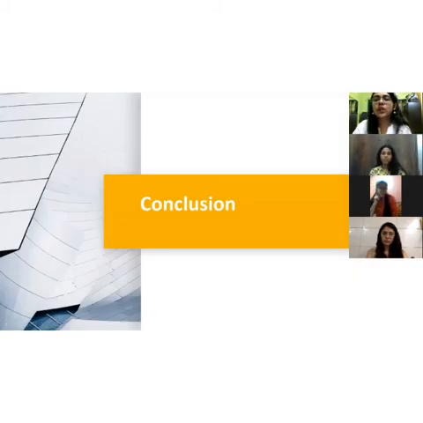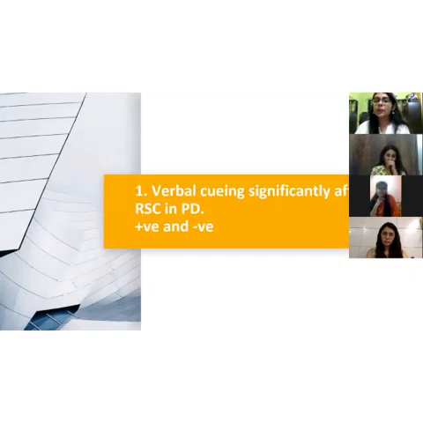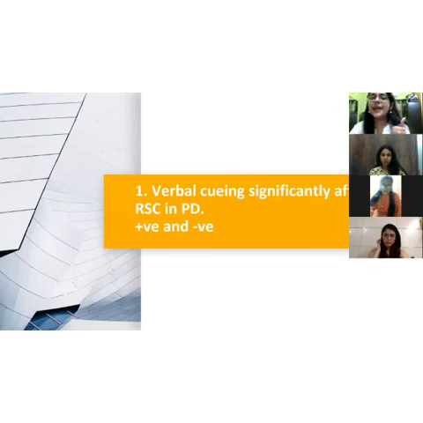Okay, so what do we conclude from this article? Verbal cueing significantly affects the respiratory swallow coordination in Parkinson's disease. Positively also, negatively also. If you give a correct cue, if you have paid attention, whenever we are giving a cue at high inhalation, think of the curve, and whenever I'm giving it at a high inhalation, it is giving me optimal RSC. Okay, and if I'm giving it at any other place, it can give me a negative effect also. So when I'm cueing, it is significantly going to affect.